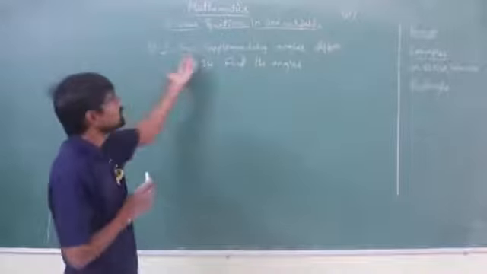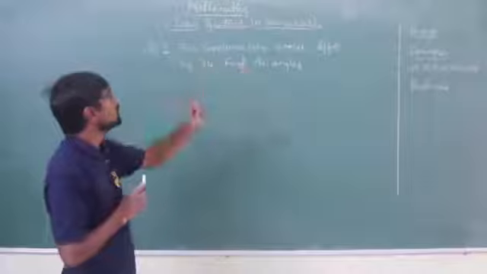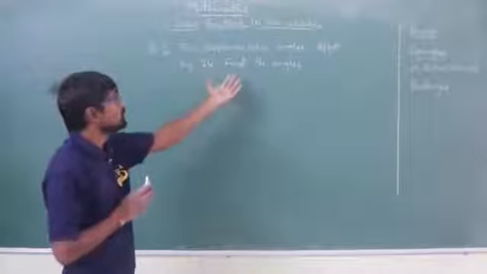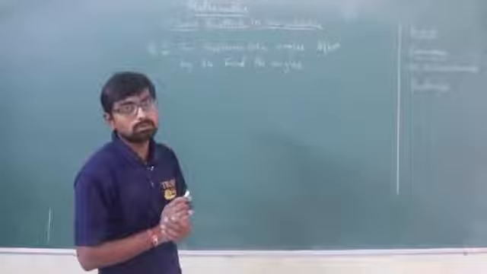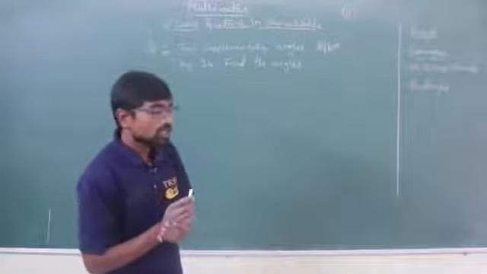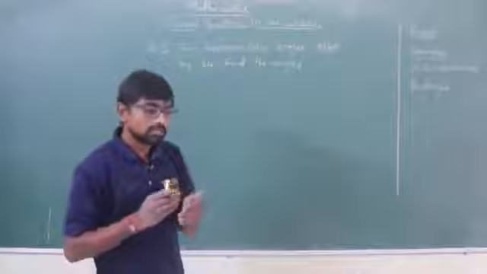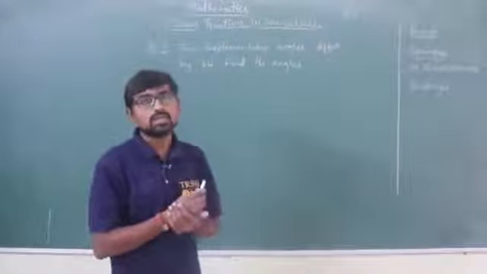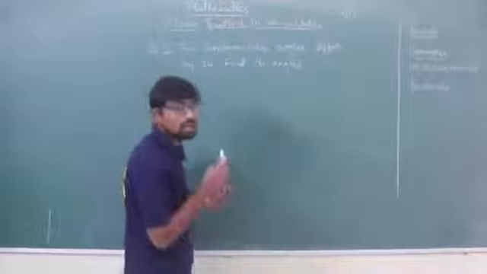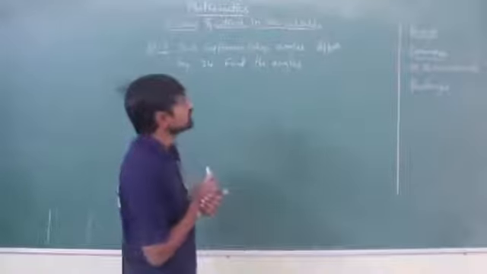Okay, example number 7. Here we have two supplementary angles that differ by 34, and we need to find those angles. You know what a supplementary angle is. So let me recapitulate for you. You have already discussed this in your previous classes. I think I have also told you about this, isn't it?